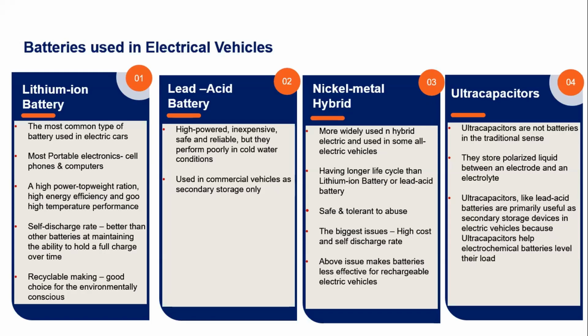So this has a very good cycle life. Life is very good, but it has its own issue. The self discharge rate is very high, similar to lead acid battery, and nickel is highly poisonous. It is a very poisonous thing. Even while recycling, there will be a lot of